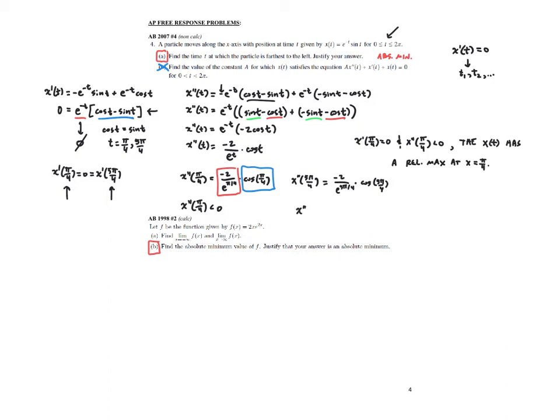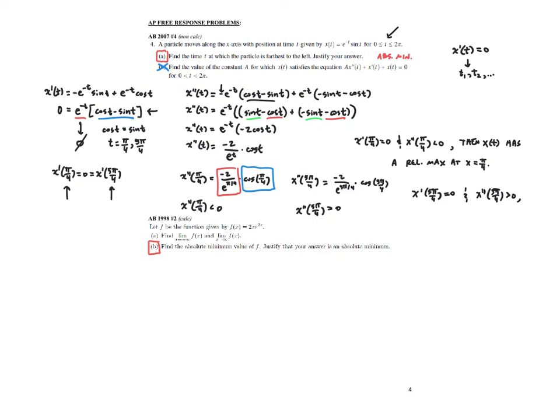So I would know that x double prime of 5 pi over 4 would be greater than 0, which means that if x prime at 5 pi over 4 is equal to 0, and x double prime of 5 pi over 4 is greater than 0,